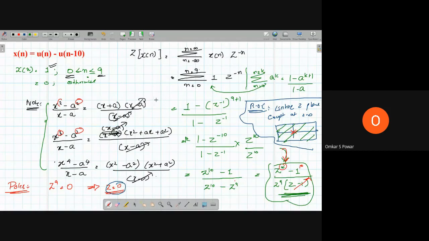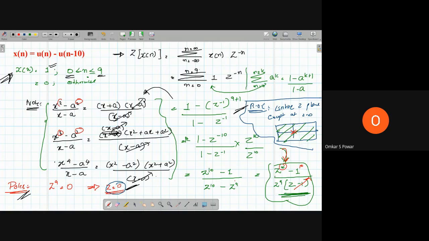In your textbook they will give it directly, and they will not explain the logic of what they have cancelled. So I have explained this to you. What have I done here? Given the expression, first write the mathematical expression, then write the formula, substitute what x of n is, then simplify it so that you can get the poles easily. So we have got the poles, then we have plotted the ROC. We are going to solve the problems with the same steps. It's very easy to score marks in this Z transform.